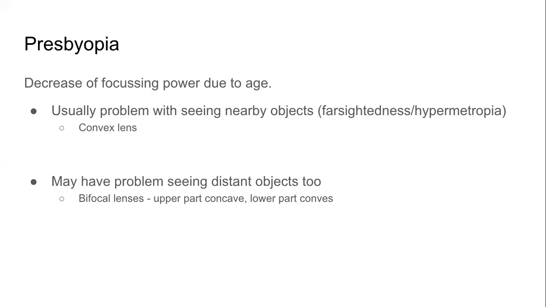In many cases, what happens? Both. दूर की भी चीजें नहीं दिख रही, पास की भी चीजें नहीं दिख रही हैं. Then what do? We use bifocal lenses. आपने देखा होगा किसी के चश्मे में दो तरह का लेंस होता है, एक ऊपर का एक नीचे का, बीच में एक लाइन रहता है, बाउंड्री रहता है उसका. ऊपर वाला यूज करते हैं दूर की चीजें देखने के लिए, कॉनकेव लेंस, नेगेटिव पावर. नीचे वाला यूज करते हैं टू सी द नियर बाय ऑब्जेक्ट्स, कॉन्वेक्स लेंस, पॉजिटिव पावर.